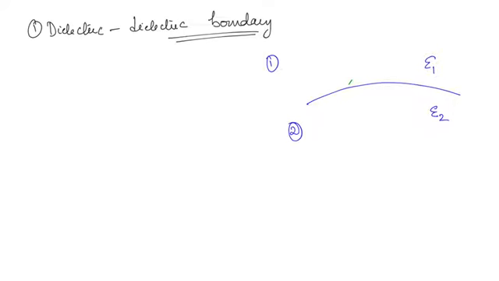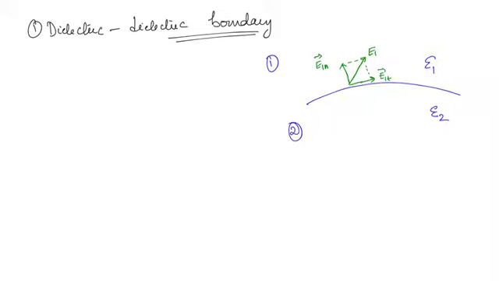Now the electric field here in medium 1, let us say this is E1. Then what will be the tangential component? It will be tangential to the surface, so this is E1t bar. This is one component, and the other component is normal to the surface. That is E1n bar. Since it is in medium 1, we are using the subscript 1.